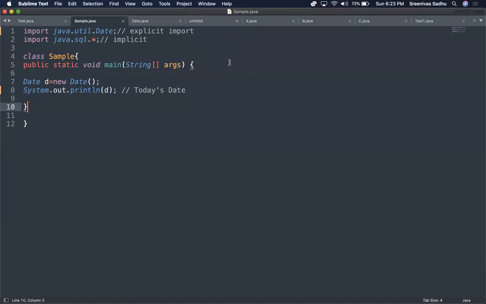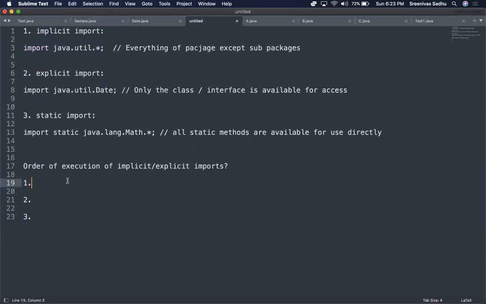When you have implicit import and explicit import, the priority is for explicit import. In the earlier case, both are implicit, so you get a compile-time error. In this case, explicit import and implicit import are both there, and the priority will always be for explicit import.